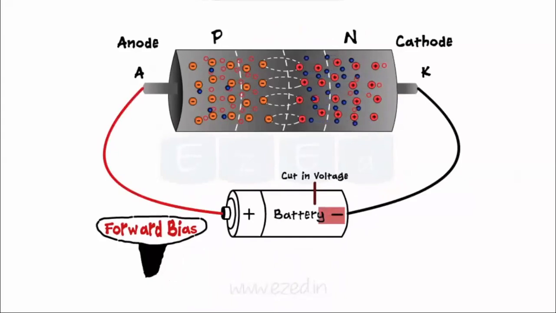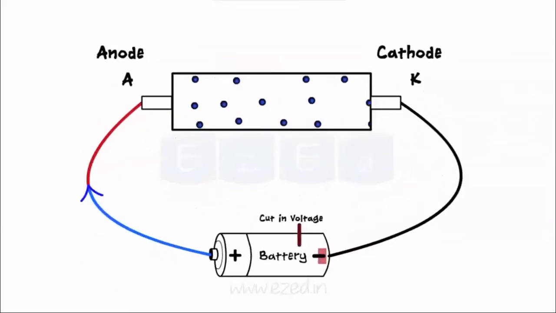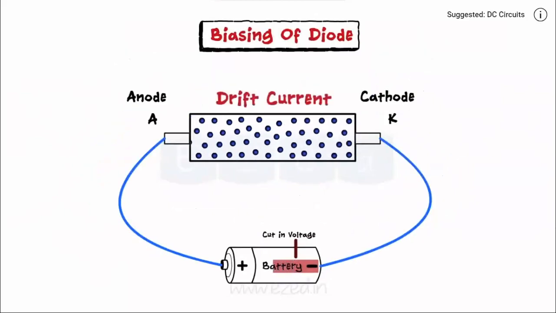As we increase the amount of external voltage applied, electrons try to break the electric field at the depletion region to enter into the P region. As we increase the voltage over the junction potential value, electrons from N side of the diode attain enough energy to break the electric field and cross over to the other side of the junction. Thus, electrons move from cathode to anode, setting up the flow of current from anode to cathode. This mode of operation is called forward bias, and this current is called a drift current.